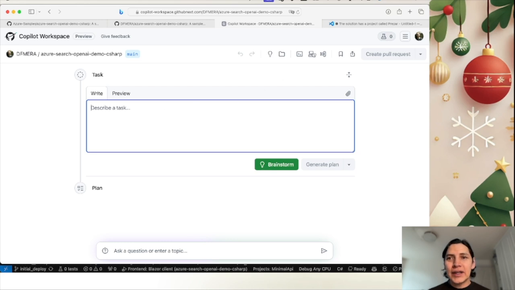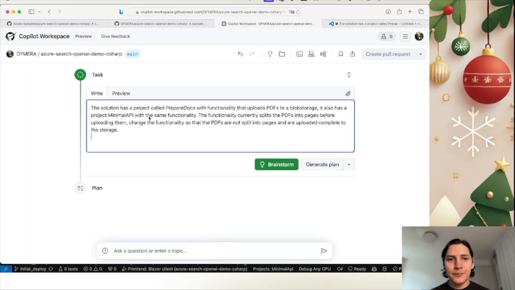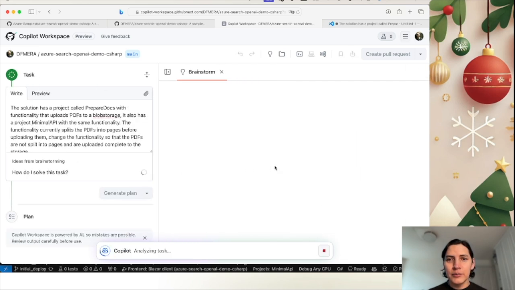So I'm going to describe the task. I already have this over here. I'm going to copy and paste. Basically, it's a description of the task. After I give a task to Workspace, Workspace is going to ask me to perform a brainstorm. Brainstorm is basically: take a look at the code, take a look at the functions, and let's see how I can solve this problem. Okay, so I'm going to click on brainstorm,